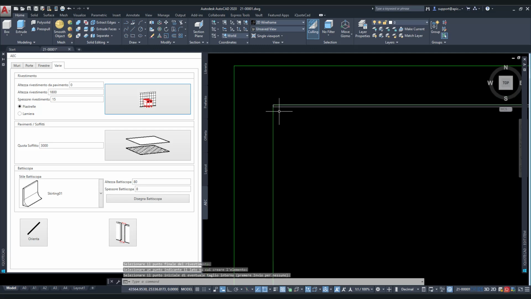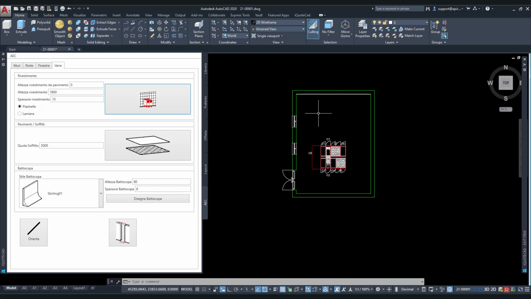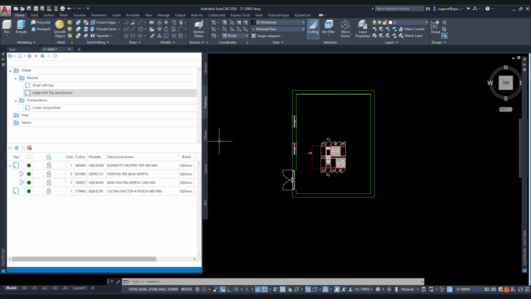So, we've created an environment and added some items to it. I return to the Favorites tab to complete the project by adding equipment to this wall, such as a linear composition. This is a predefined composition containing a series of items I've already configured, which I position directly next to